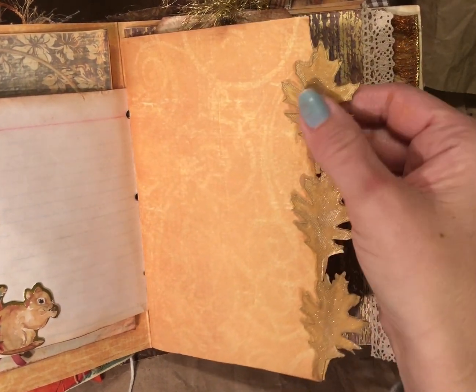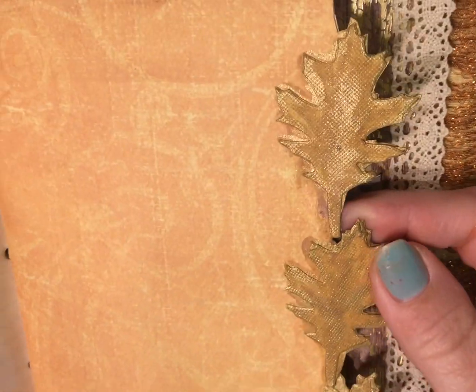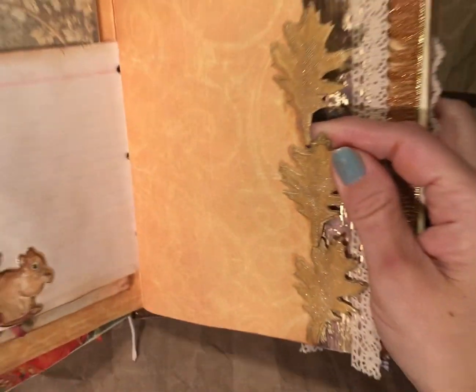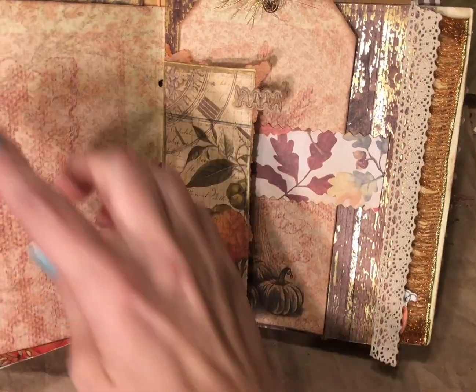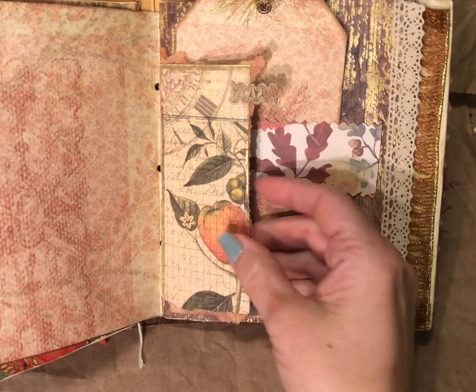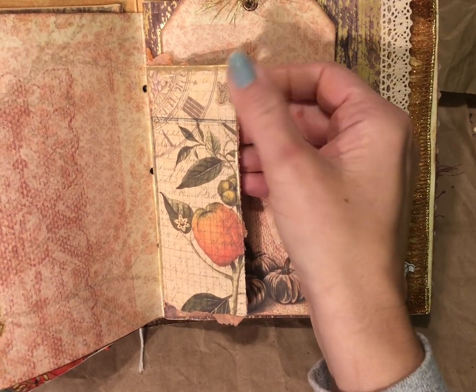And then these leaves did get cut out of the paper, and they have this shimmer stick on there that I found. It's by Imagine. Absolutely love this shimmer. That's what I put on the front cover too. So double-sided here. A little smaller page. A little piece of,